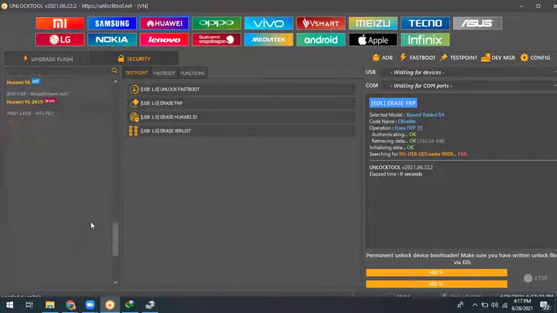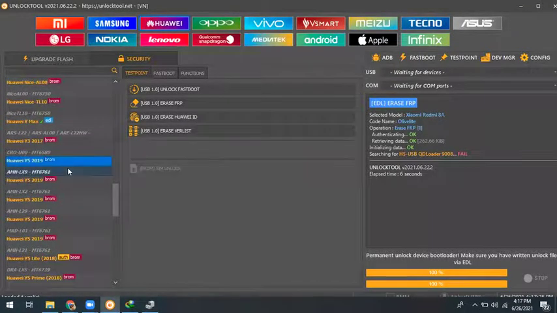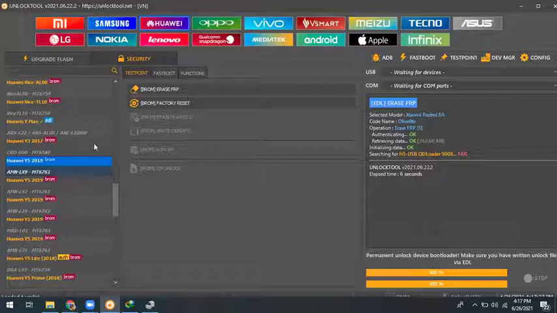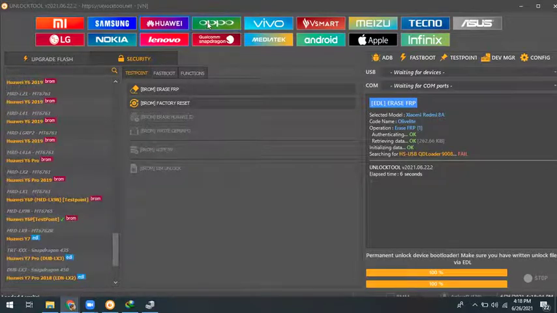Okay. Next one, if you get any MediaTek brand like Huawei Wi-Fi, it's connecting with Brom mode. You can factory reset and FRP that model. So how? In Brom mode, we have to erase. How do you connect Brom mode? Everyone knows that now. Press volume up and down. Yeah, press volume plus and minus, or up and down.